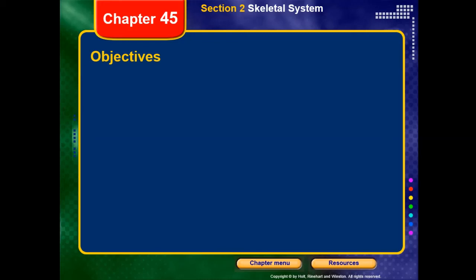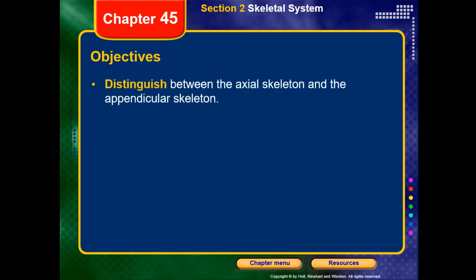Again, we are going to talk about the skeletal system today. We have a few objectives, so let's quickly review the objectives. First, we need to distinguish between the axial skeleton and the appendicular skeleton, then to explain the function and structure of the bones,